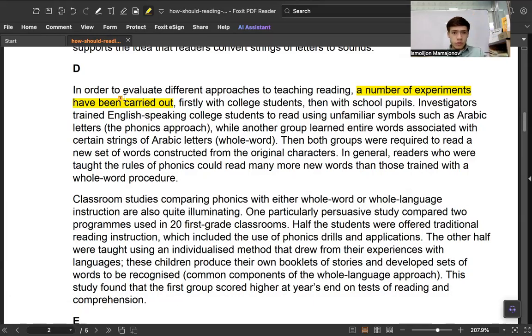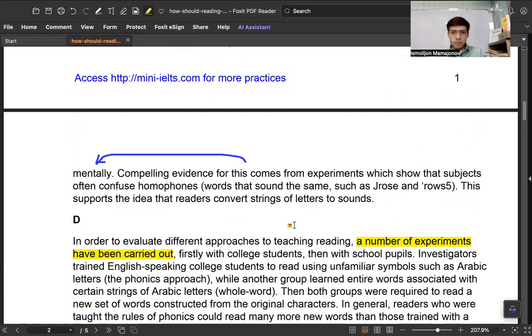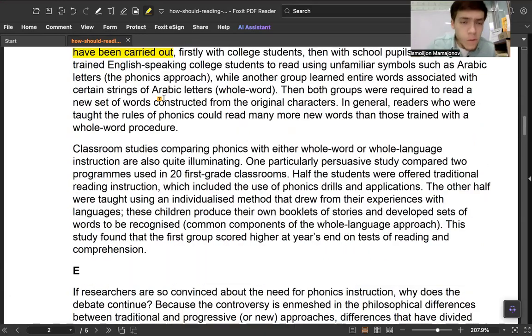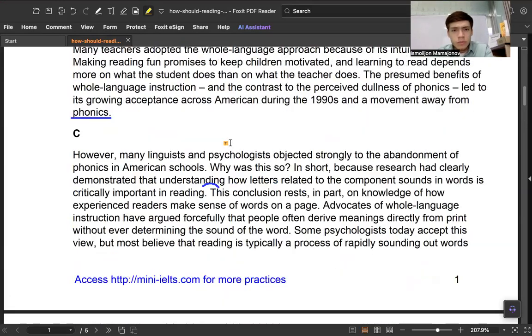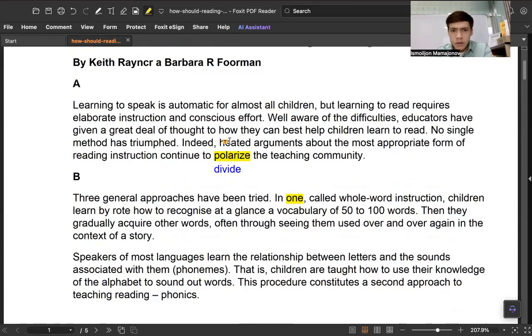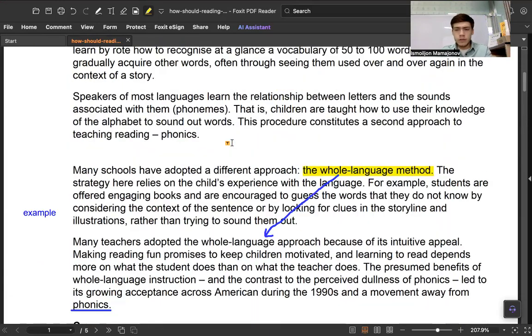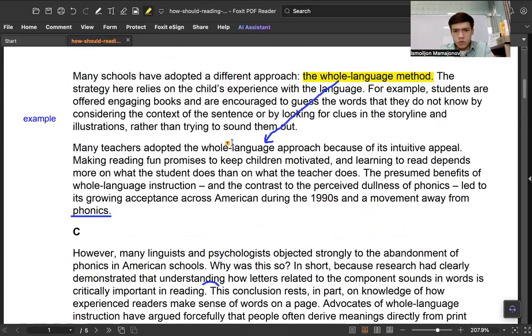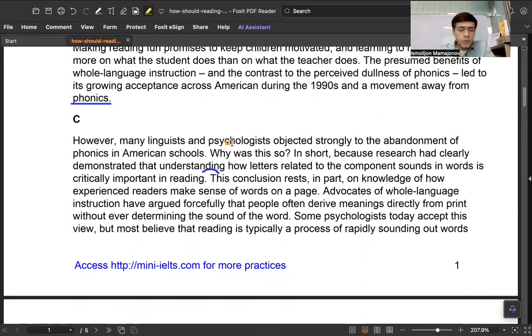So let's try to answer a couple of questions. What have I read? In paragraph A, I read there are still debates. It started as a debate. In paragraph B, there were given three kinds of methods that nobody really understood. And paragraph C is mentioning how everyone is at odds with each other.